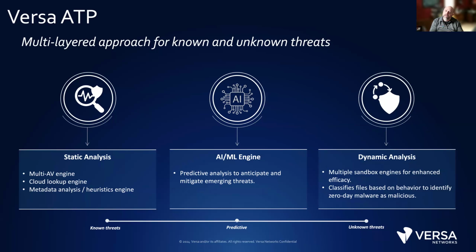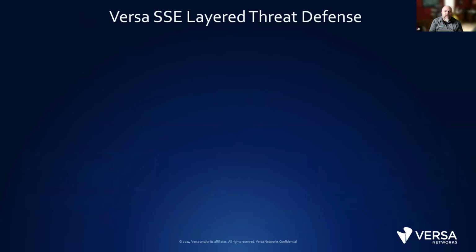And if it can't determine if it's malicious, it might even call it suspicious, flag it, send it to your SIEM, show it in our interface, and actually have someone from a SOC or a security analyst be able to put eyes on it, tear that apart, and actually understand what's going on with that file. So that's a little bit of how this is actually layered on top of each other and how this actually works, right? And then, like I said, Maurice is going to take you through the solution and allow you to see it firsthand.